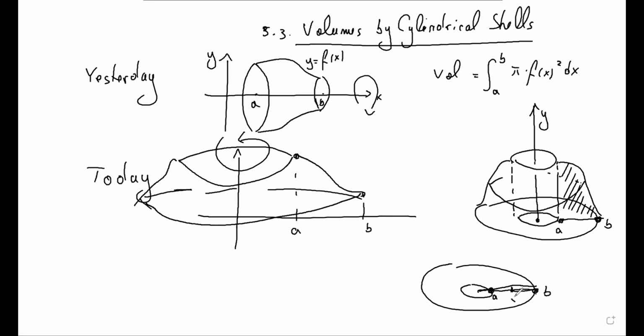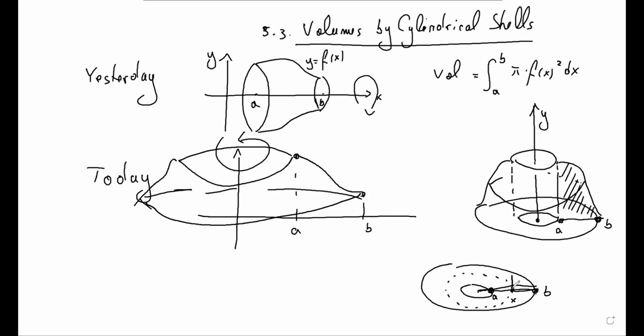And there's a value x here between A and B. So if you want a circle between these two, then you are going to look at a circle of radius x. And now what they tell us in the book, and this is why it's called the method of shells, they